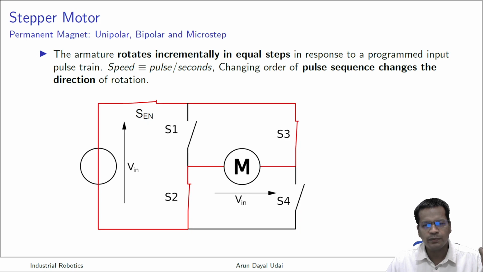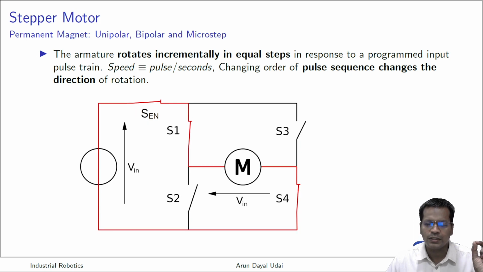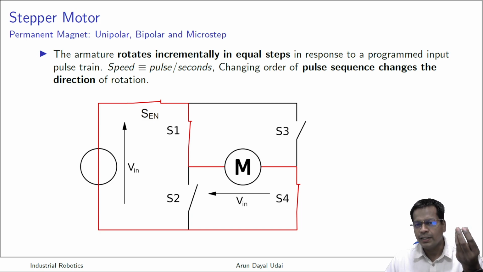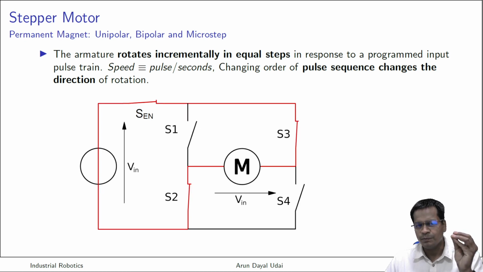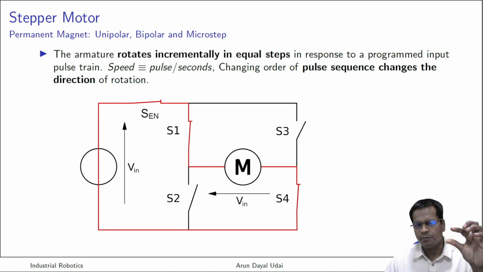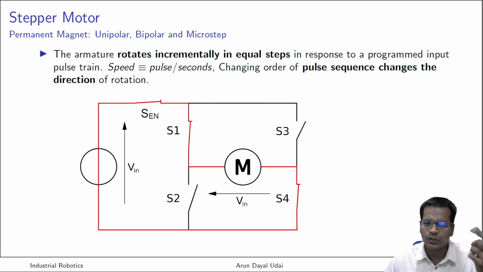Current flows through two different directions through the motor. This made us reverse the direction of DC motor by changing the polarity. So this is quite simple. With the same input voltage applied in the same direction, you can have motor with a different polarity and different direction the motor will rotate. So this was there in case of DC motor.